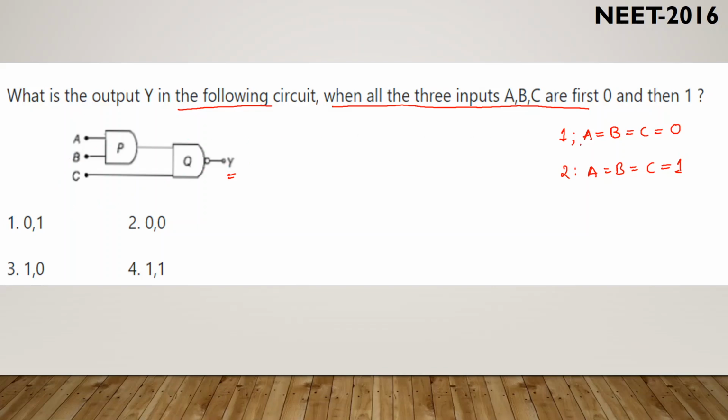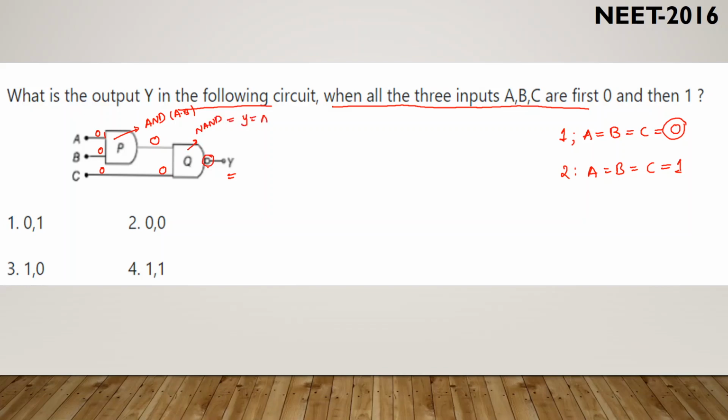Now initially let us substitute all the inputs as 0. Now A is 0, B is 0 and C is 0. Now this is the D symbol. D symbol represents which gate? This is AND gate. See here 0 into 0, because AND gate is nothing but A into B. 0 into 0 will become 0. Again C is also 0. This is which gate? A D symbol with a bubble. This represents which gate? NAND gate.